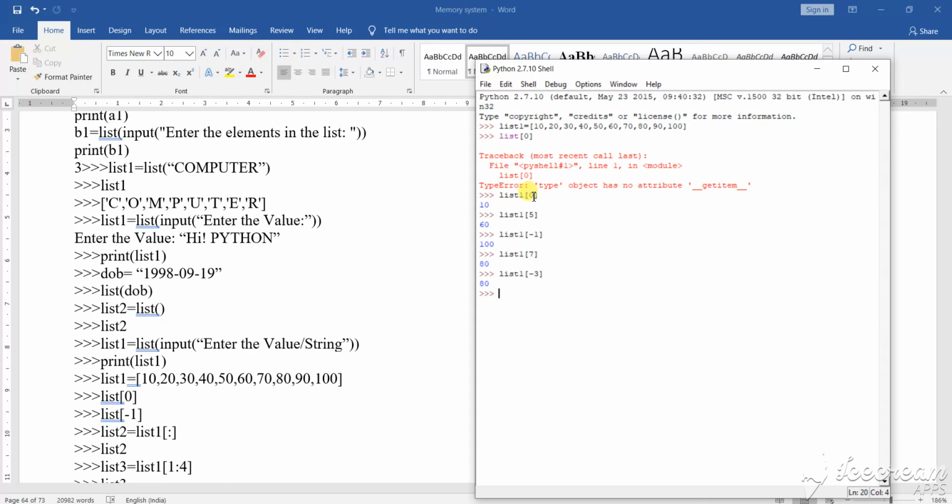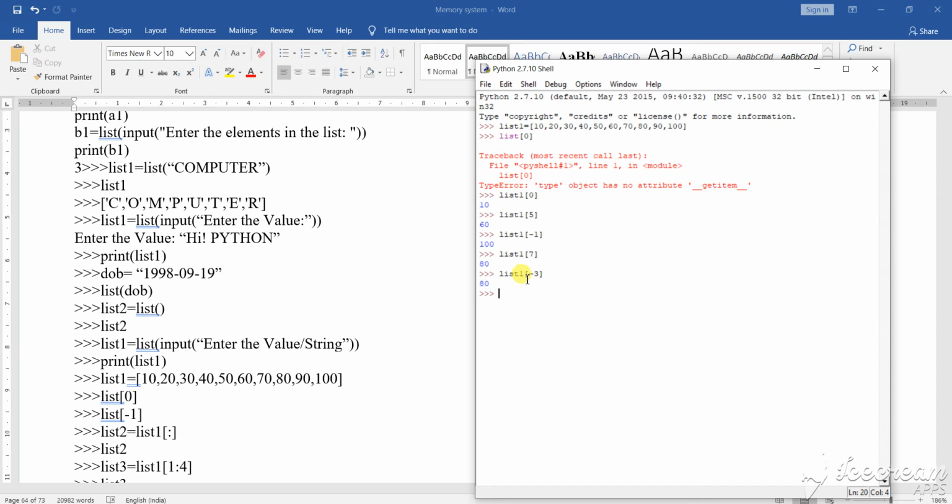As I called 0, it shows the value in the 0th position. As I called 5, it shows the value in the 5th position. As I call -1, it shows 100. If I call list 1, 7, the value in the 7th position is 80, so it prints 80.